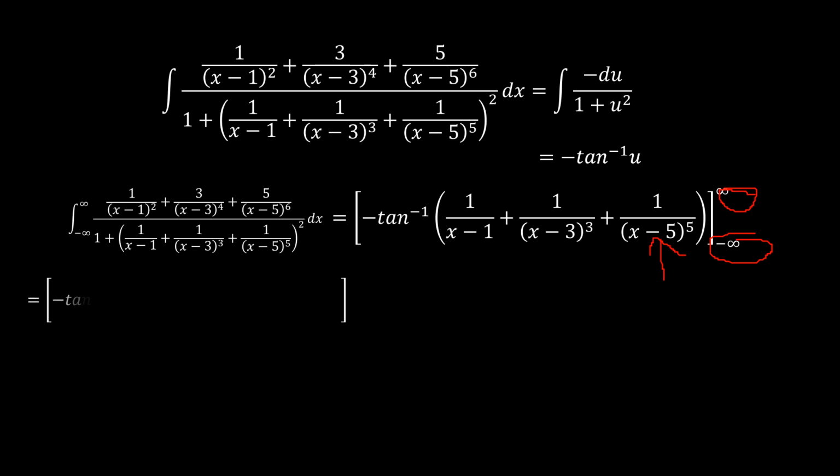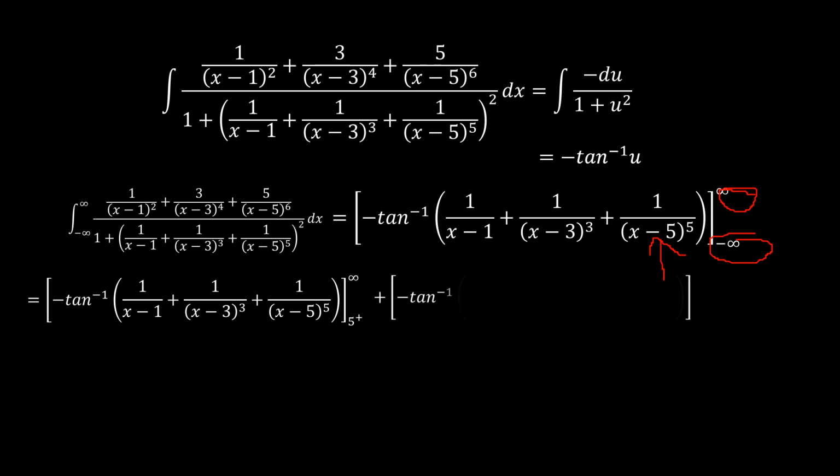So what I would do is I would take, first of all, the limit from the positive side of 5, because it's important how you are approaching that singularity, from the negative direction and the positive direction. So we begin from the positive direction all the way to positive infinity, and then we move